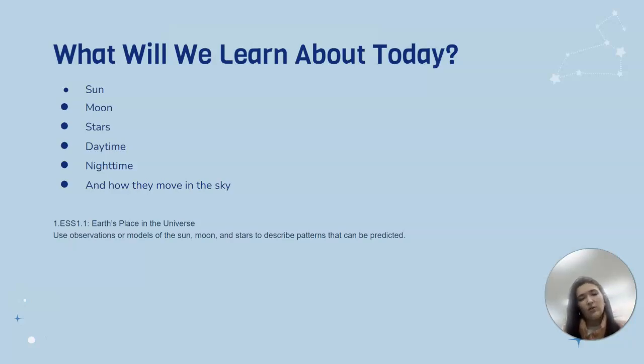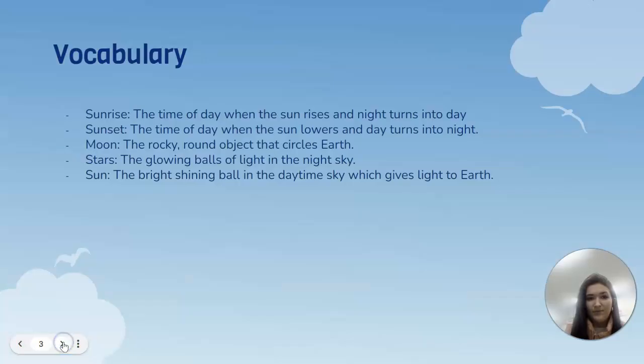So I know you guys have wandered outside and you've thought, the sun isn't where it was maybe an hour or two ago. Maybe you thought the same thing about the moon if you had a long car ride at night. Well, today we are going to be learning about that and we're going to see why they move and how.